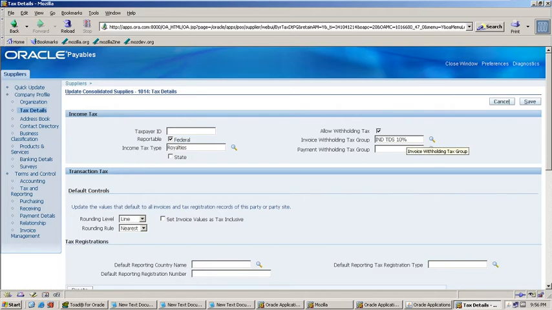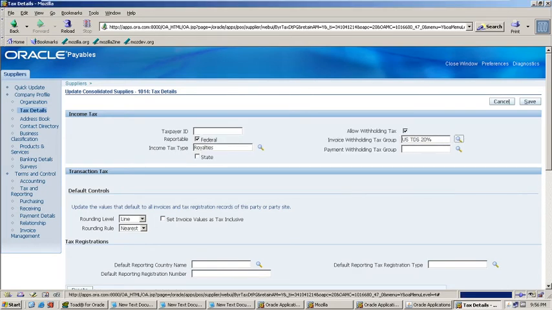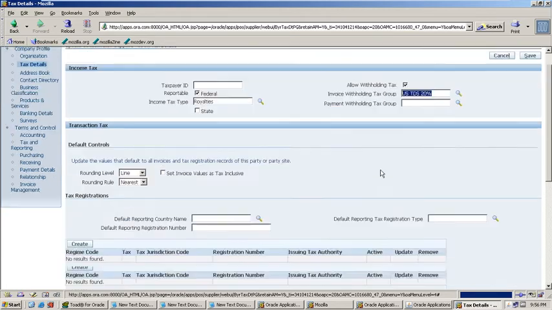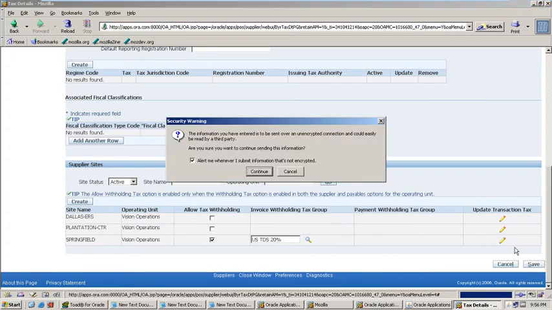It is there already, India. What we have created, US, right? US one. Just check. US TDS, we are changing it to 20%. And the site level also we need to change. Okay, then click on save.